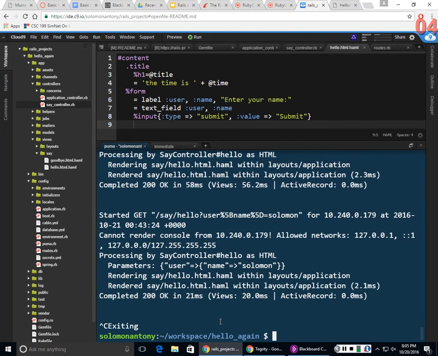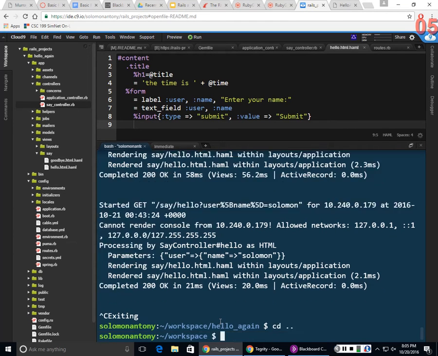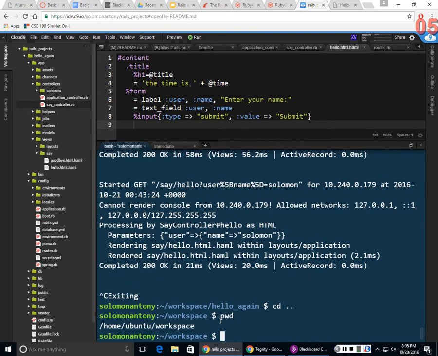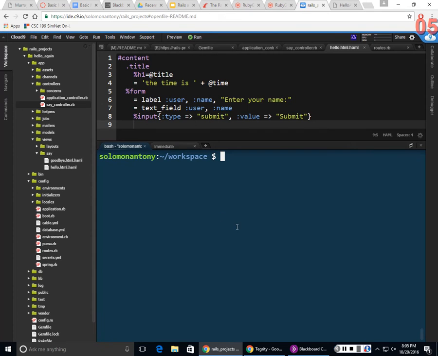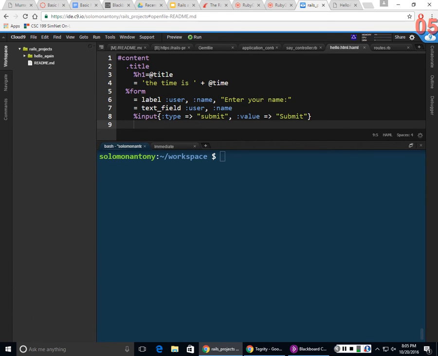Okay, all right, so switch to our Rails here, and we had the program running, so press Ctrl C to exit, stop that, and go back to the workspace area. Okay, and once you're in the workspace, I have hello again, which is at the same level as the Rails project folder. I want to create the new one. So I'm on step 3 on the handout. Okay, so we want to start by doing Rails new